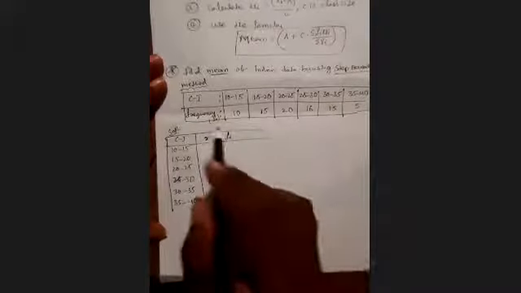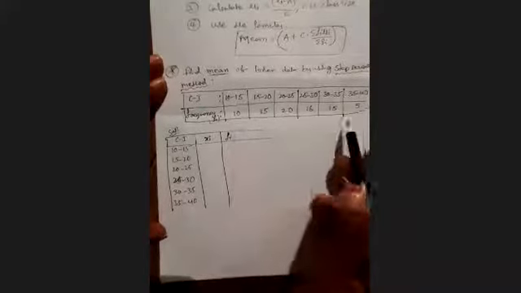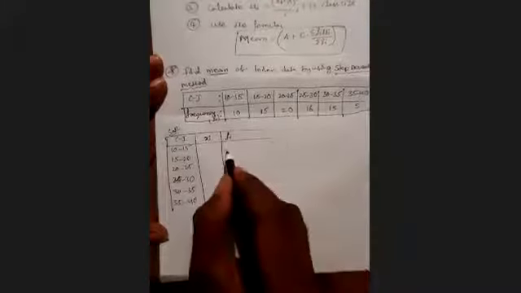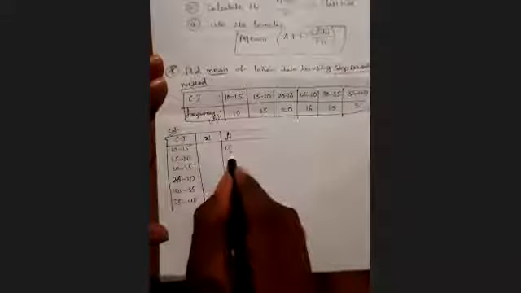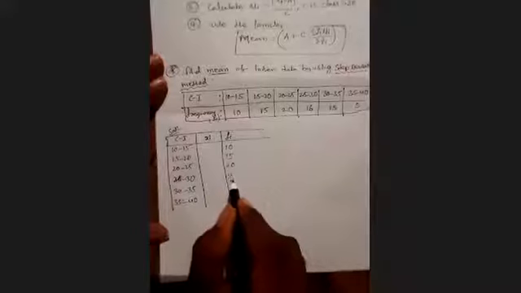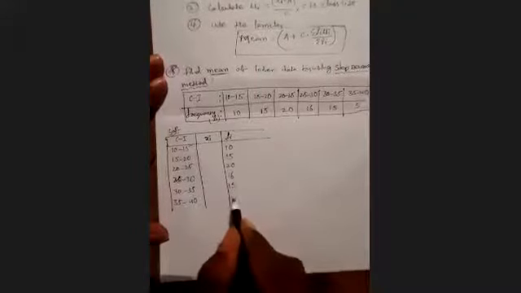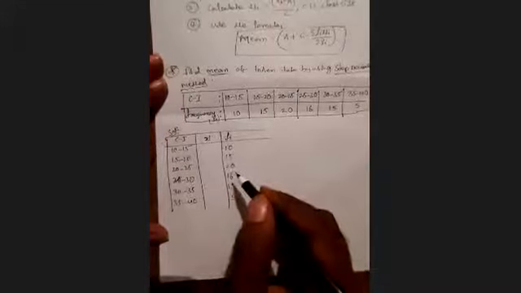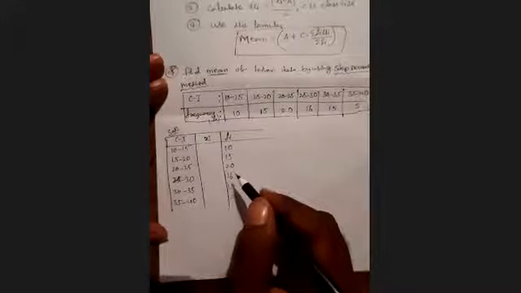I will write in the solution first what is given data. So in given data, class intervals I wrote. Now I am writing frequencies. For this given 10, for this given 15, for this given 20, for this given 16, for that given 15, for the last one given 5. Here we got 15 two times, but no problem. That is not an issue.